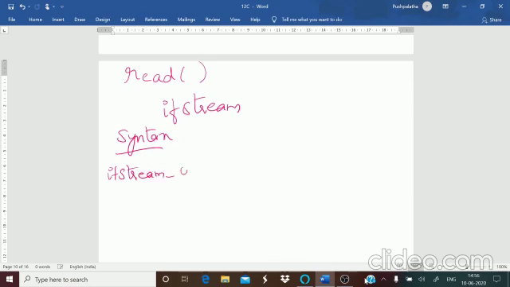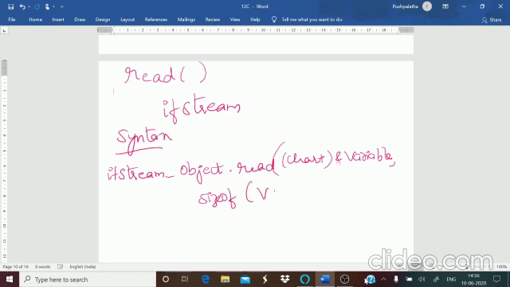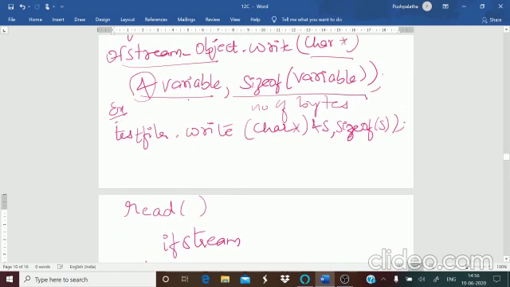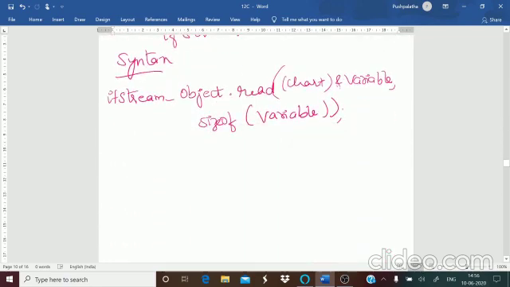ifstream object dot read, this remains the same, that is, (char*) and variable, comma, sizeof variable.